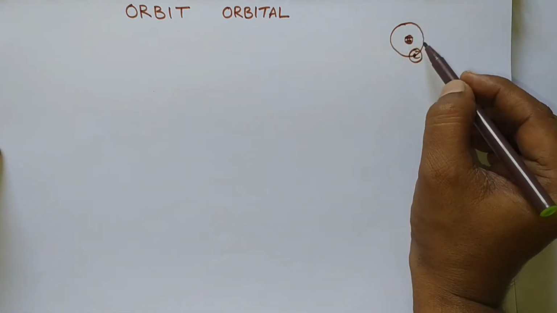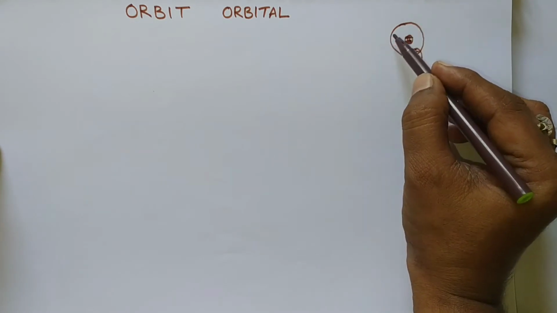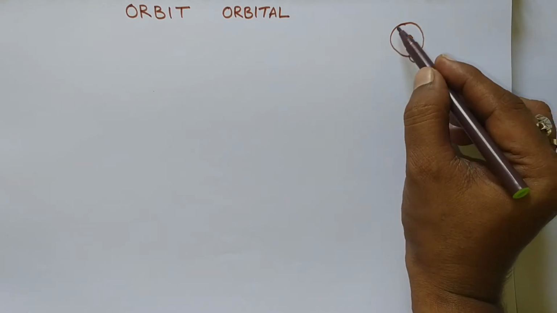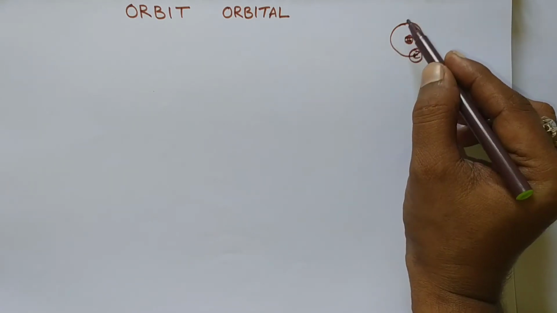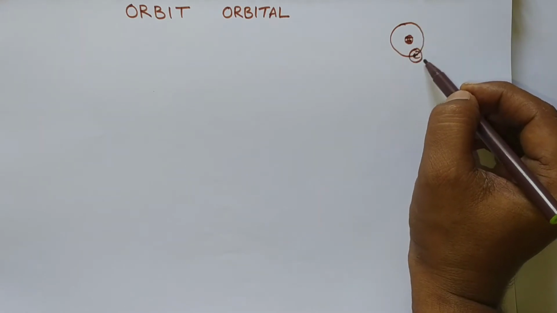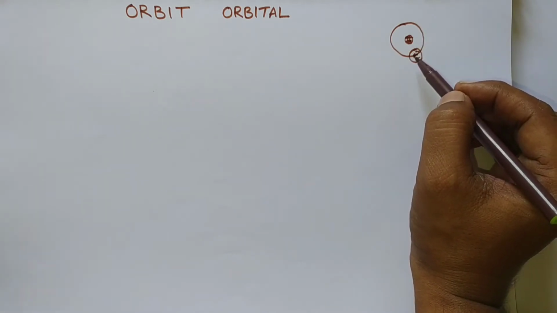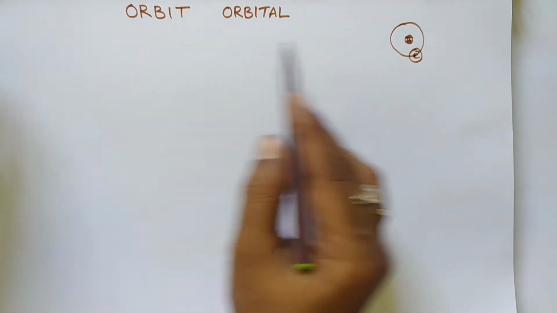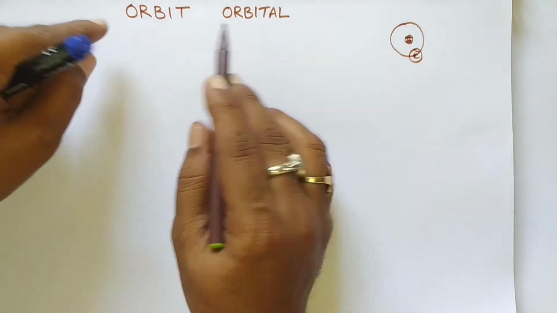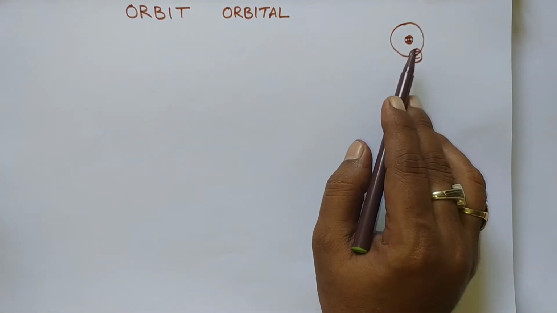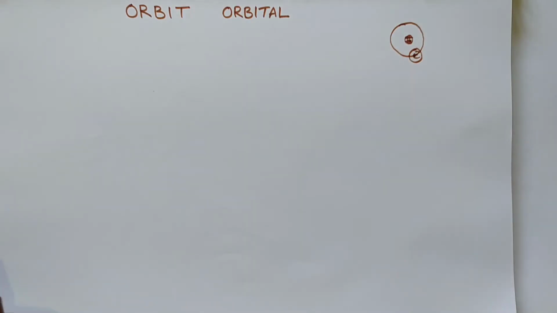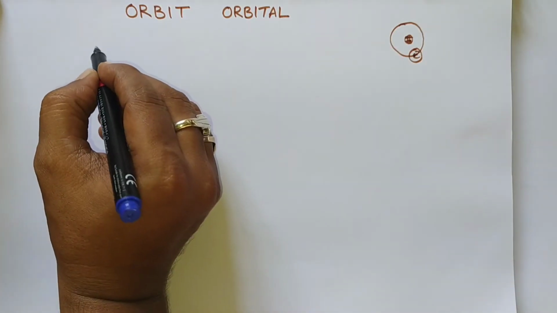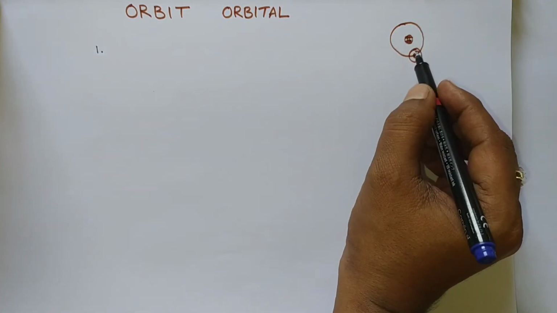The remaining part will be empty, that means there is no electron density on the remaining part. At that particular instant of time t, the electron is present at this particular portion only. The remaining portion has no electrons. That is why this region of space where the probability of finding the electron is maximum is called orbital. So, these are the definitions of orbit and orbital. Orbit means the circular path around the nucleus. Orbital means the region of space where the probability of finding the electron is maximum.